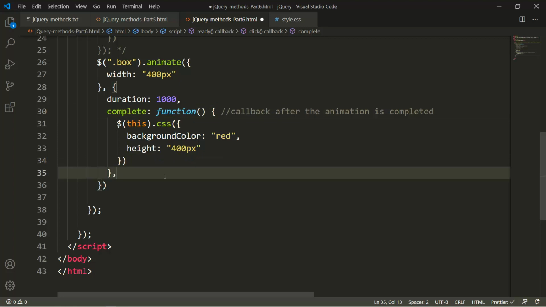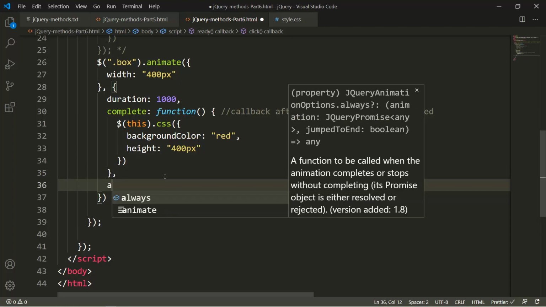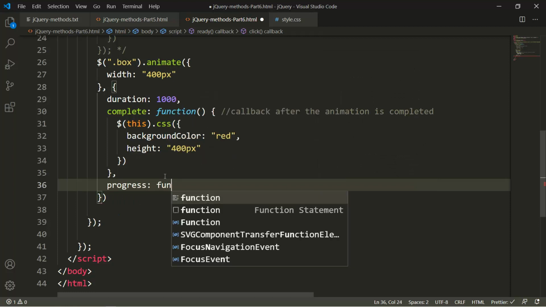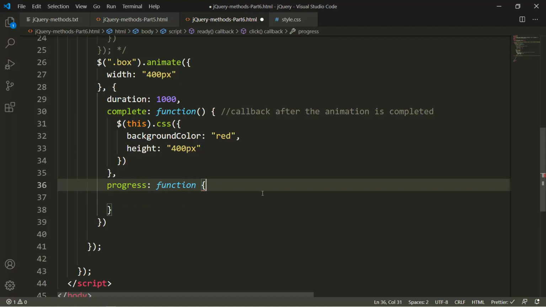So after the complete is done, I want to pass another configuration property, which is the progress function. Progress is called while the animation is still in progress; this function will be called again and again.